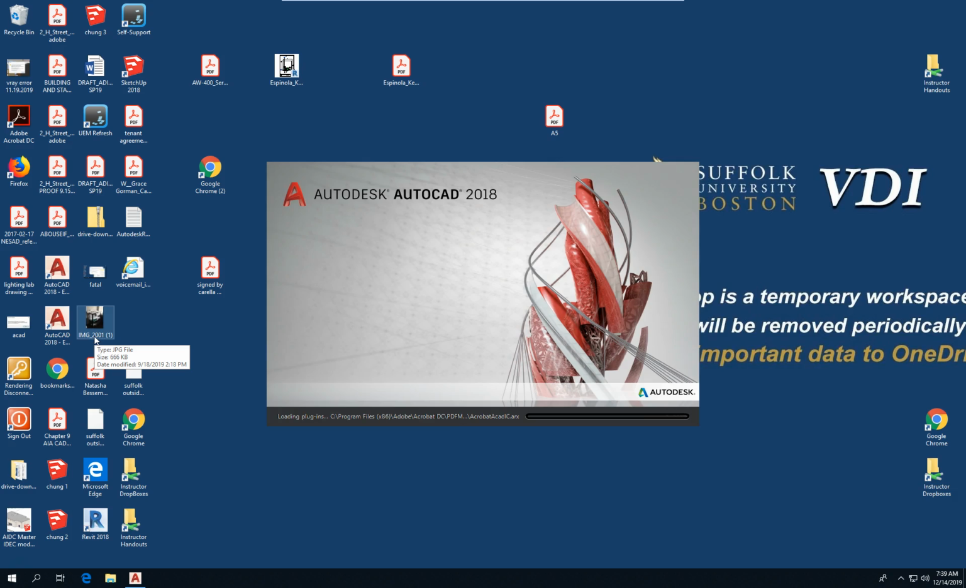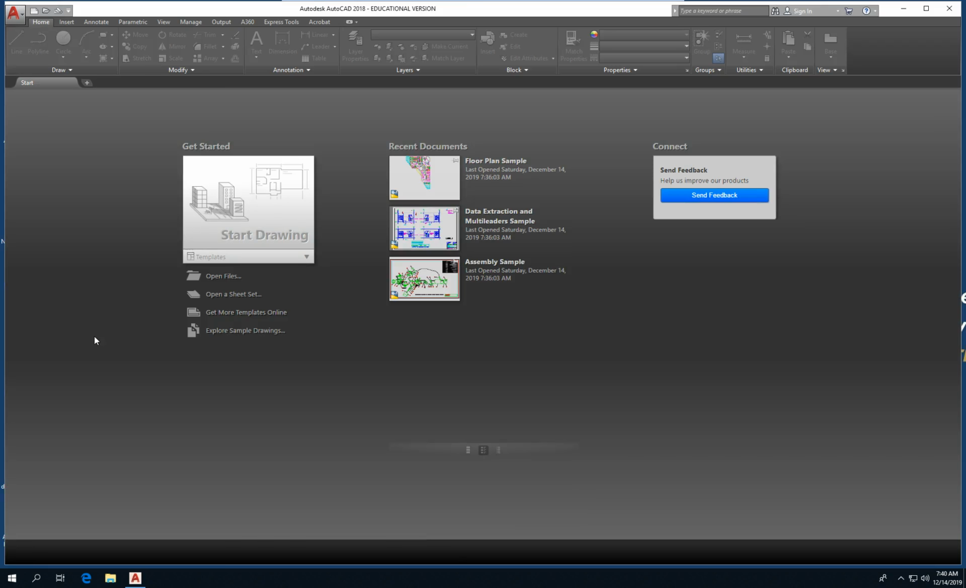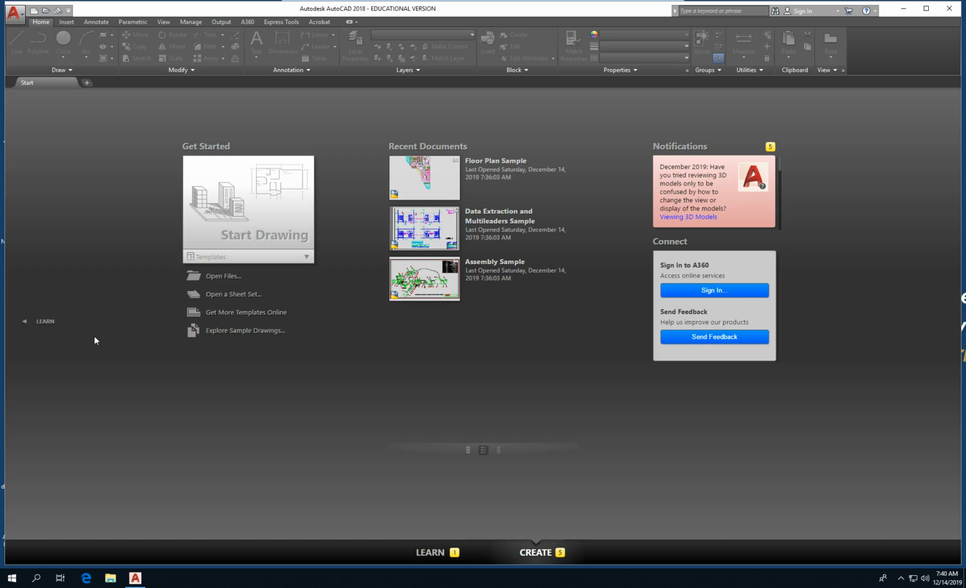Exporting the PDF is a fundamental skill, and you ought to practice, because in a working environment you will need to do that on a regular basis. So I'm going to